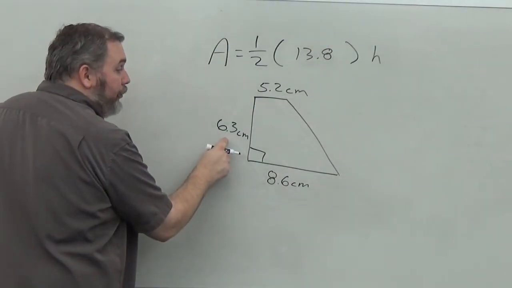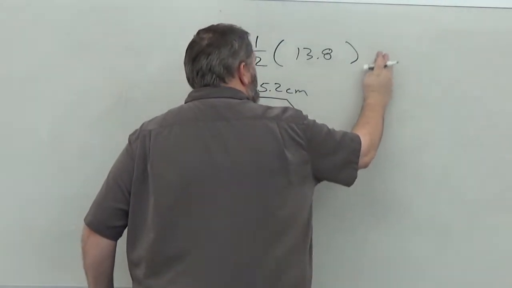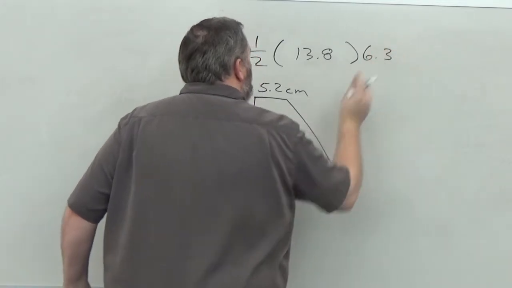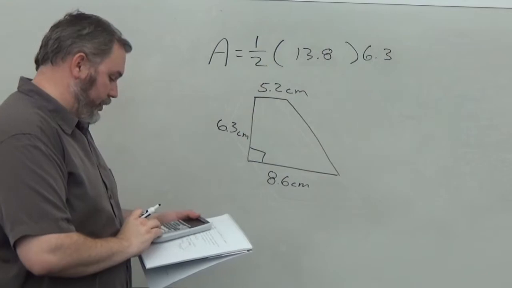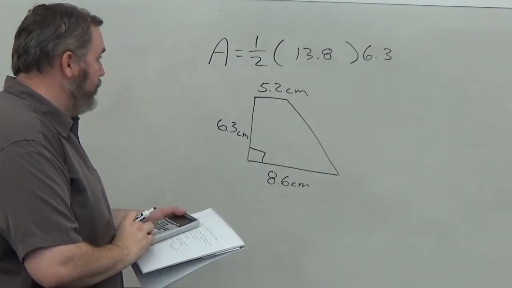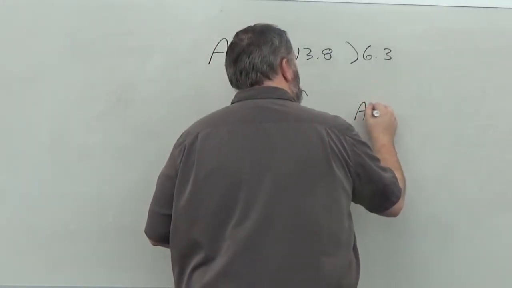We know this is also our height because we have our 90-degree symbol here. So we can put this as 6.3. Well, now we've got everything we need to know. So we can say 1/2 times 13.8 times 6.3, and we get that our area is